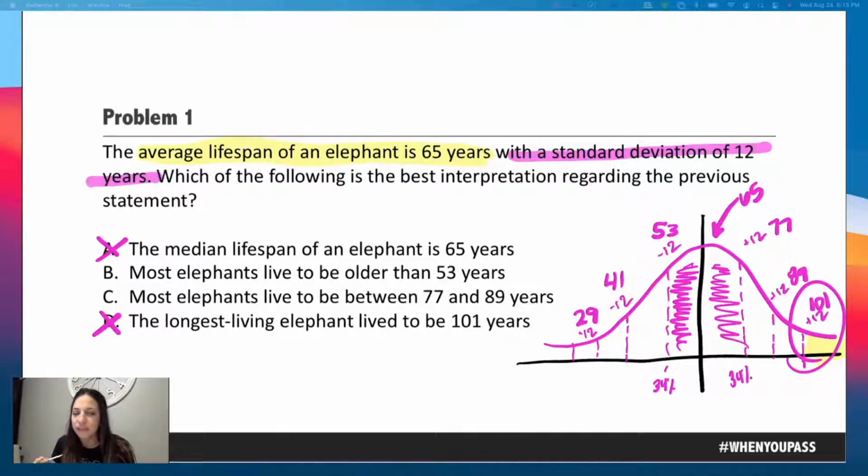It does specify that the standard deviation is 12. They told us with a standard deviation of 12. So I'm not entirely sure what your question is. Sorry, if you can clarify that. They said the standard deviation is 12, which means one standard deviation away is going to be 12, and then 2 is going to be 12, and then 3 is going to be 12. So I'm subtracting 12 each time here, and then I'm adding 12 here.